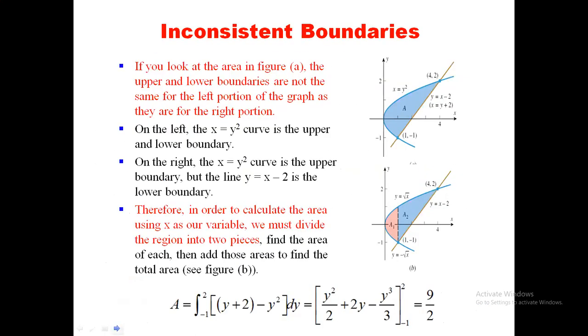So we go to what we call finding the areas of functions wherein the boundaries are inconsistent. So this is the time that you will decide whether you will use the vertical differential area or the horizontal differential area. I haven't yet given an example where you will be using a horizontal differential area, and I think this would be one. Okay, now if you look at the figure in A, this is figure A, the upper and the lower boundaries are not the same for the left portion of the graph as they are for the right portion. What this means is, if I'm going to write